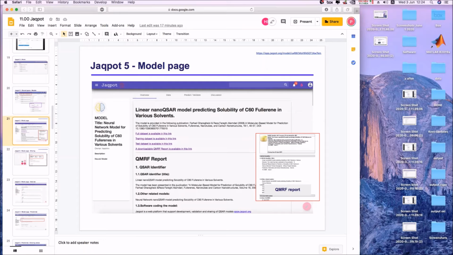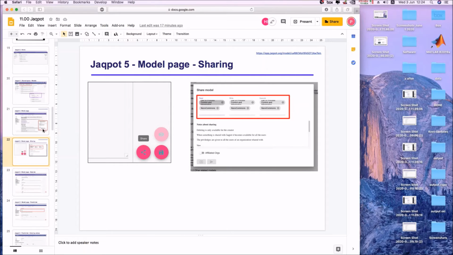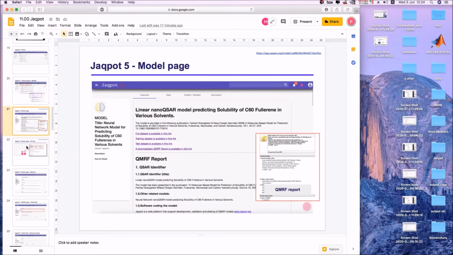And an interesting feature is if you take a look at this bottom right corner where we have the pen here, if you click on it, you have these buttons that appear. These buttons allow you to, first of all, share a model where you would be able to